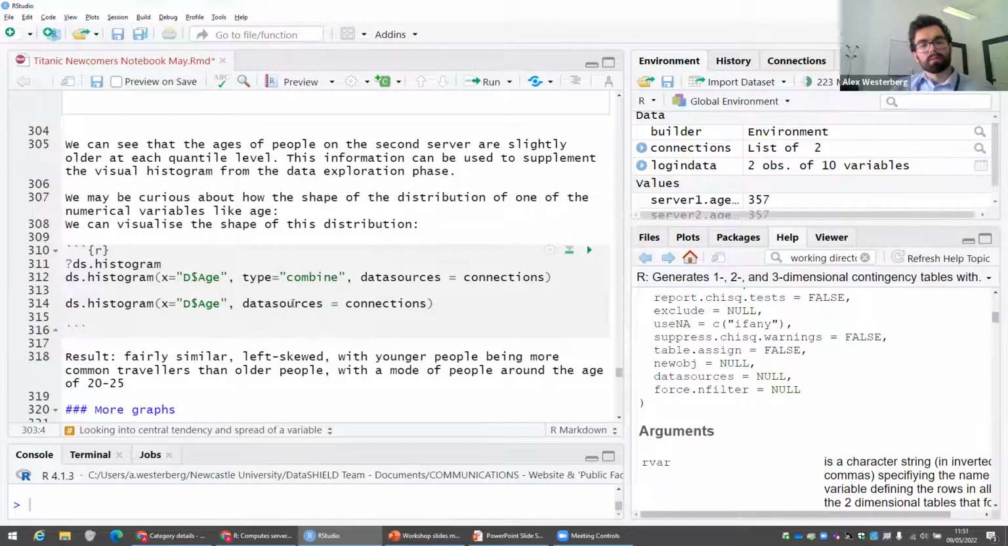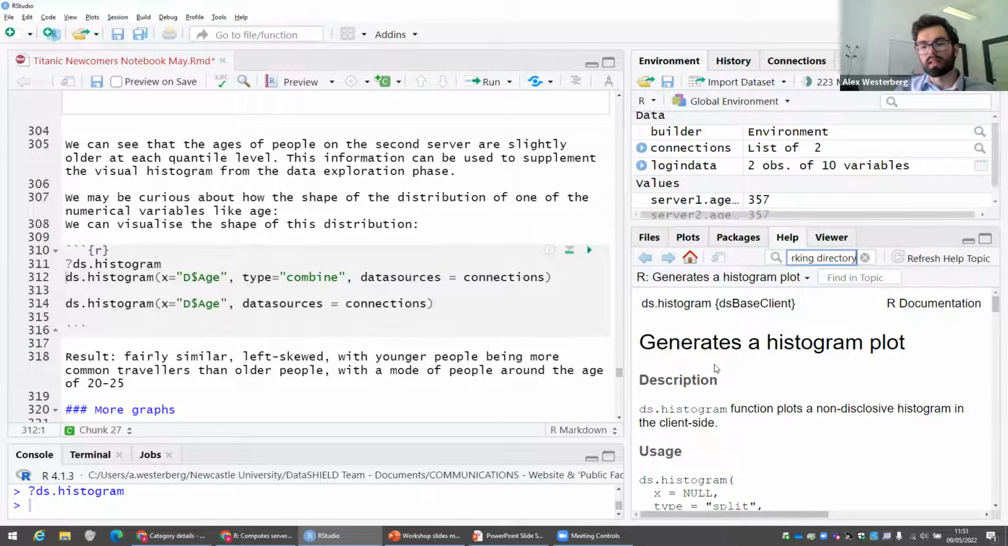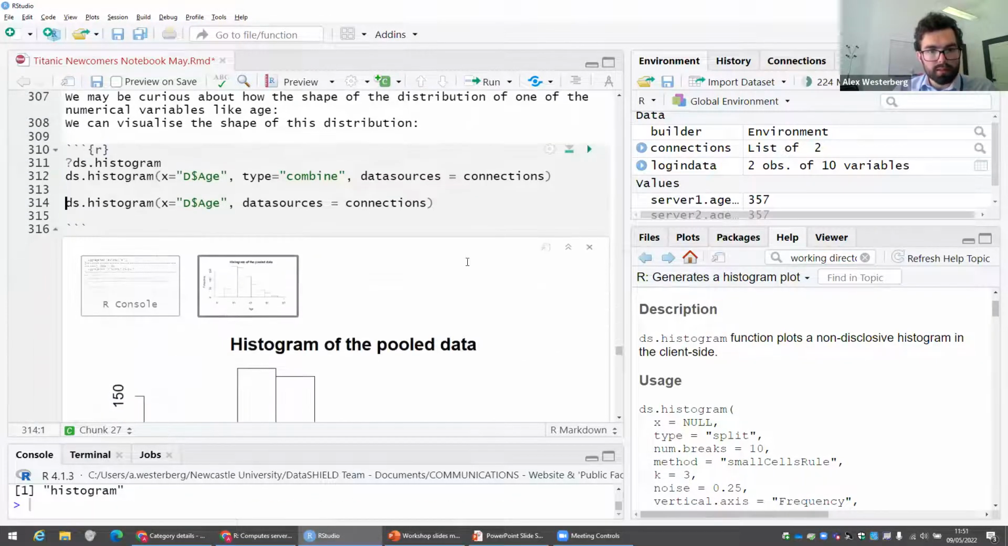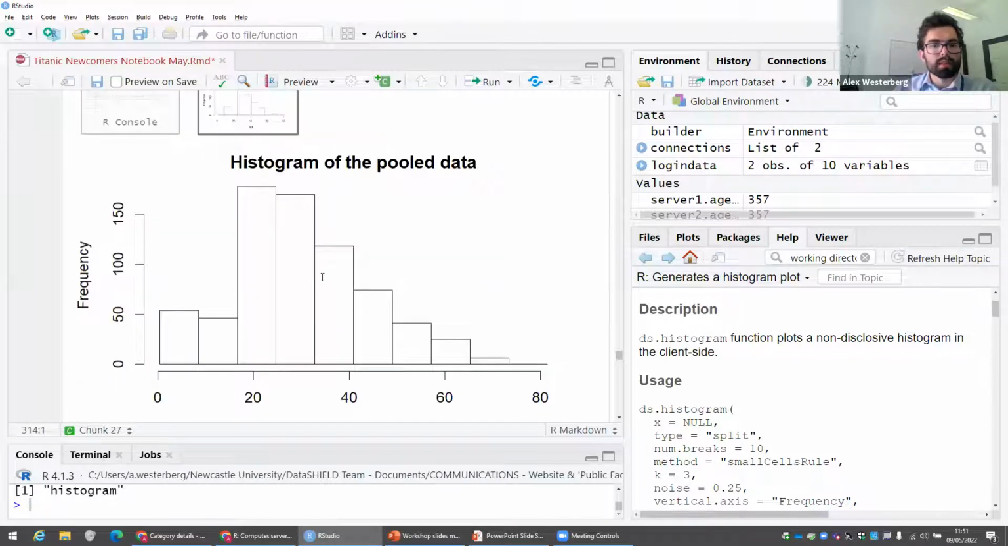What else can we do? We can present those measures of central tendency and spread visually, such as by a histogram. Running the question mark will get us the help documentation, and then we can build a histogram using the inbuilt histogram function. So a key thing here is that